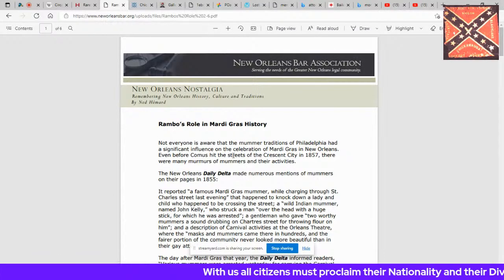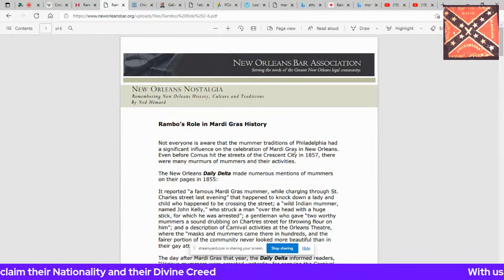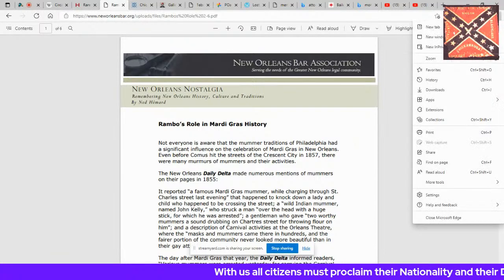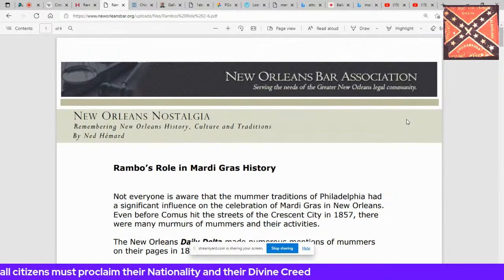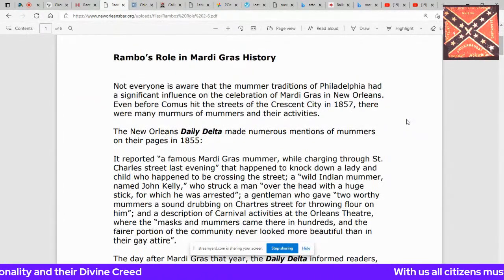Even before Columbus hit the streets of Crescent City in 1857, there were many murmurs of mummers and their activities. So, don't you remember the Master P? Yep. The Mardi Gras? Yeah. And then remember she said the Louisiana Purchase now,